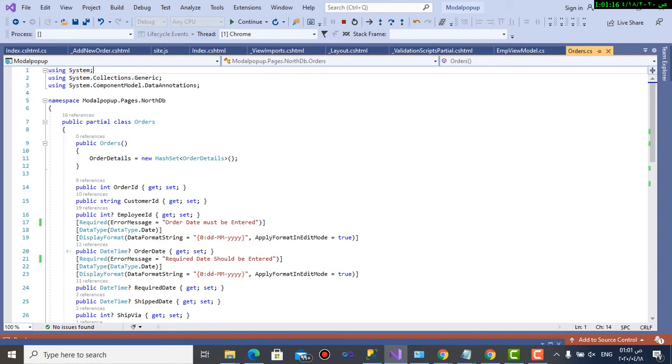I would like you to see it. Some fields are required using the data annotation required, and the error message if it is not filled in the form. That is in orders and employees, and of course these are all collected in employee view model,